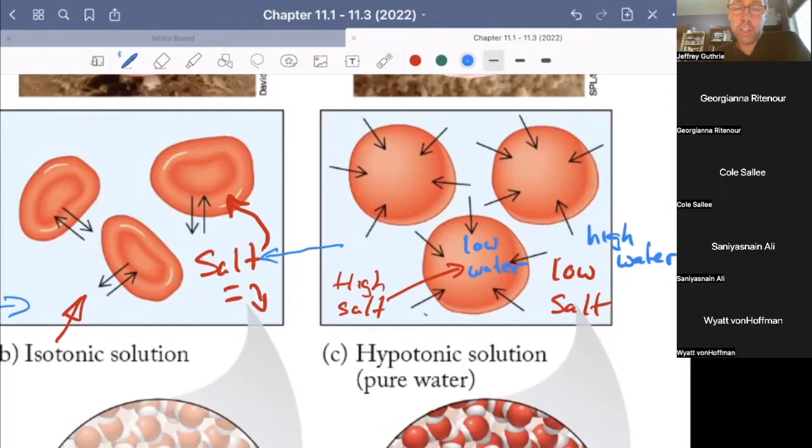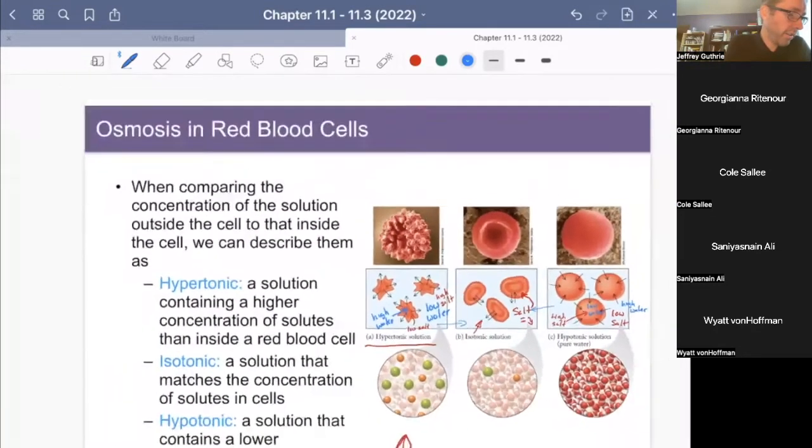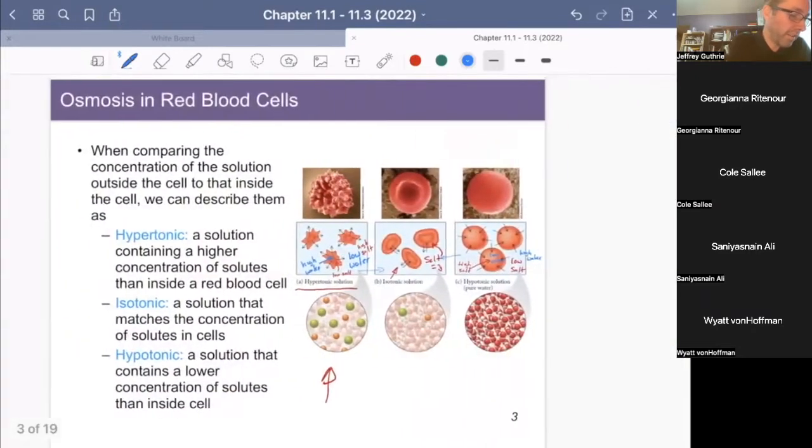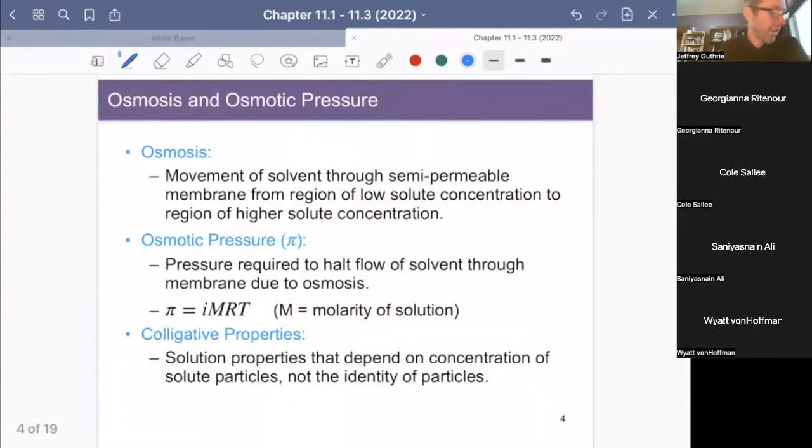But right now we're just considering only water can flow through the membrane, whether it's the membrane of a cell or, as we'll see, just a straight membrane, almost like a filter, but one that can only let water through and nothing else. All right, maybe it's not quite the next slide. Okay, so we have talked about what osmosis is,